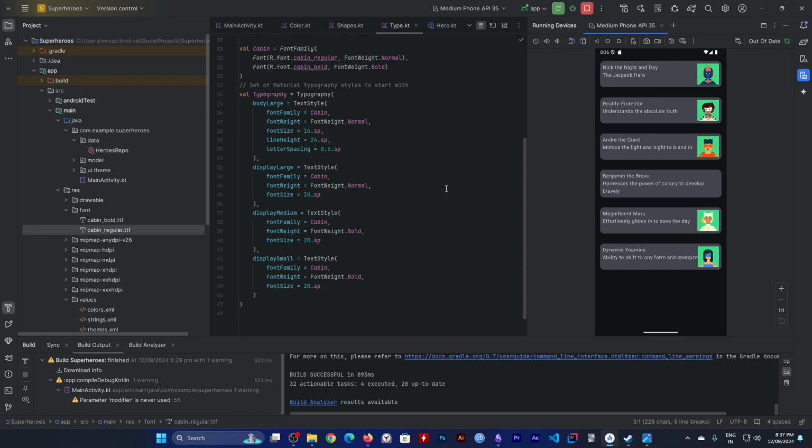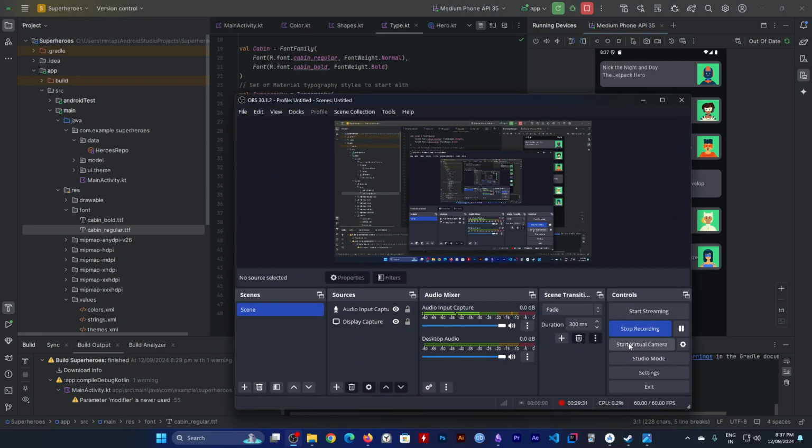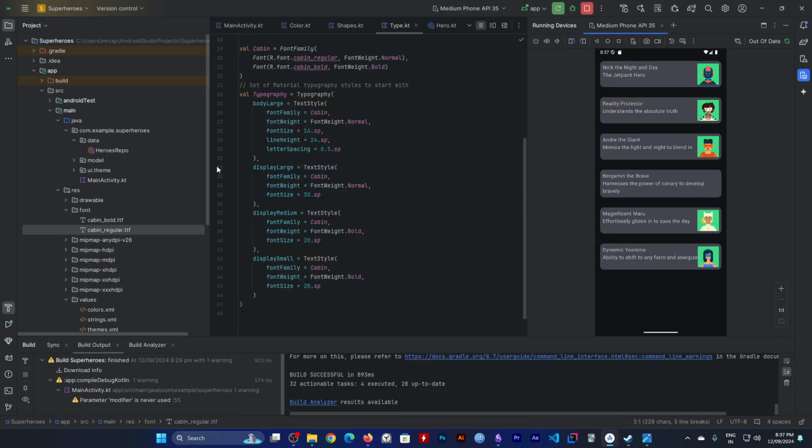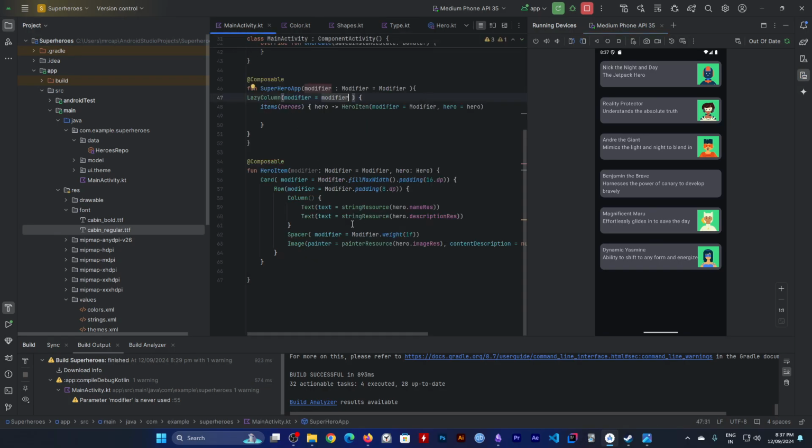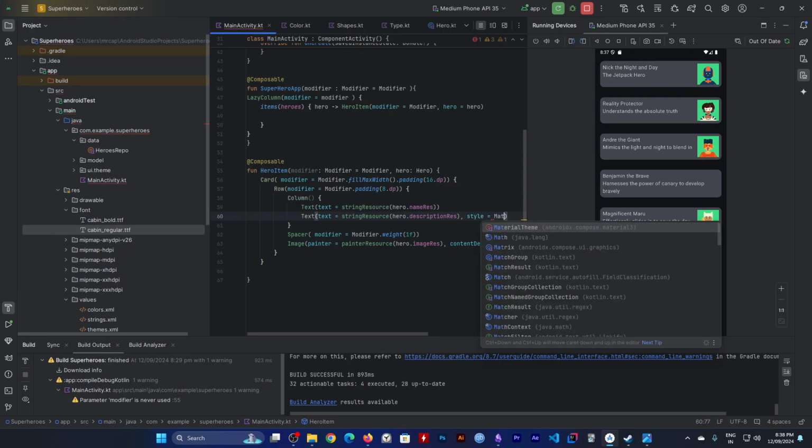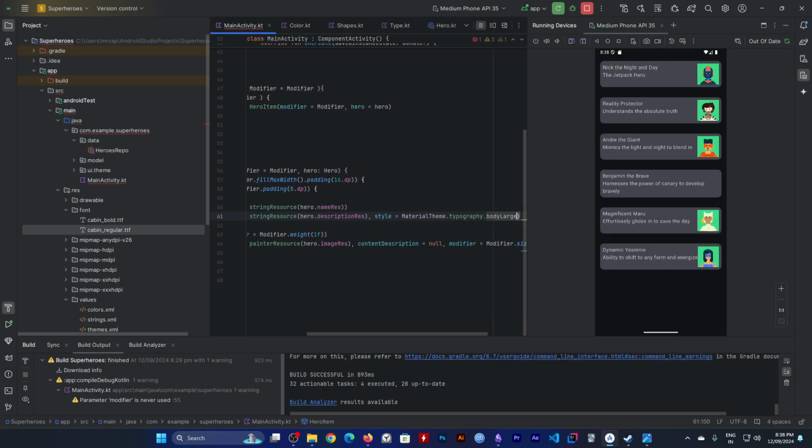Display medium bold. We could use either one of them, either could work. Let's go and change them. Main activities of the body large and display medium. Style, material theme, typography, body large for the description,